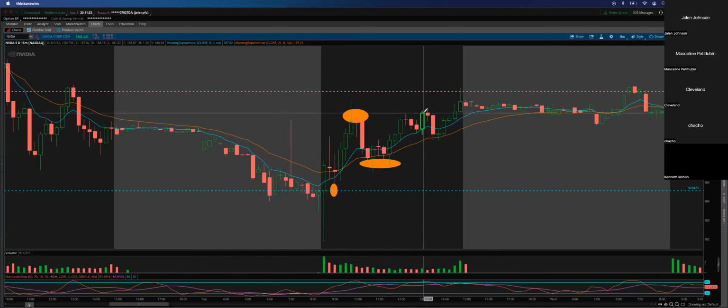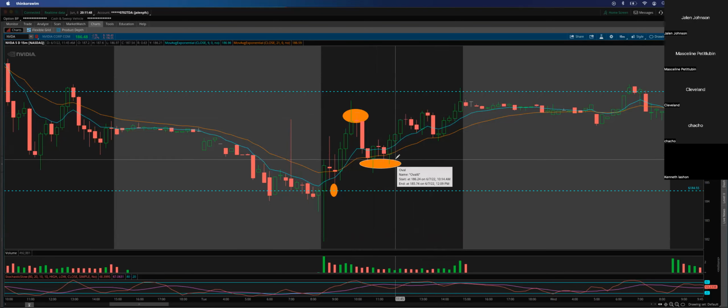So that means, I ain't gonna lie, if you would have taken puts, you would have got stopped out, but then these are where your indicators kind of saved you. So as you can see, we tried to make another higher high. We cannot make another higher high. We failed. But at the same time, that's why it's best to just take puts once it breaks those previous higher lows,